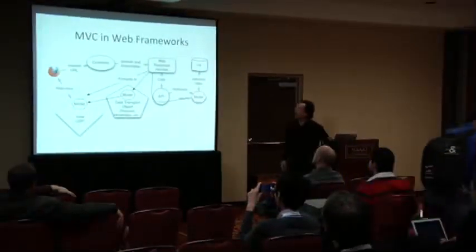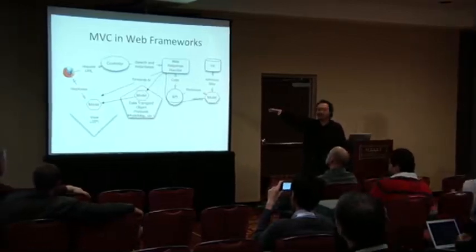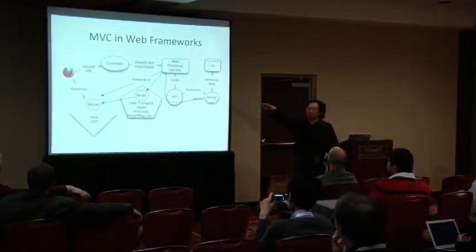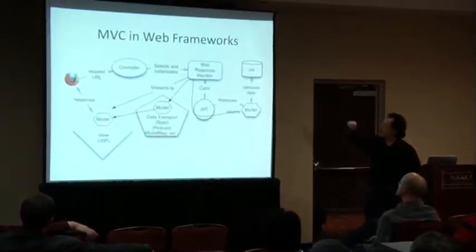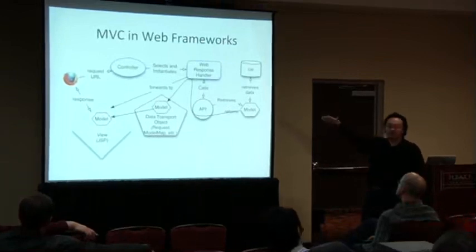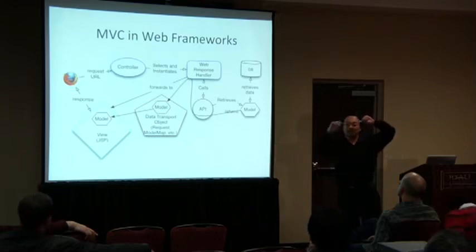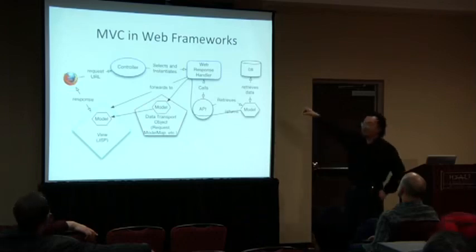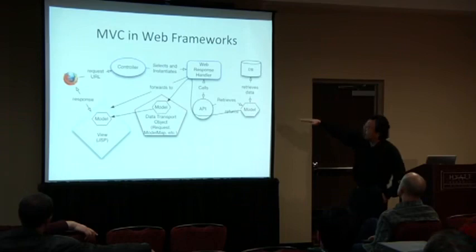MVC framework. So you have your front controller, which parses the URL and says, oh, you want to talk to a certain component. And it instantiates a web response handler class. Inside that class, there are a number of methods that, again, are chosen based on the URL. So if the URL said something like customer/view, the web response handler would be called something like customer controller, customer action, and there would be a view method inside of it that the controller would invoke and pass the request parameters to,